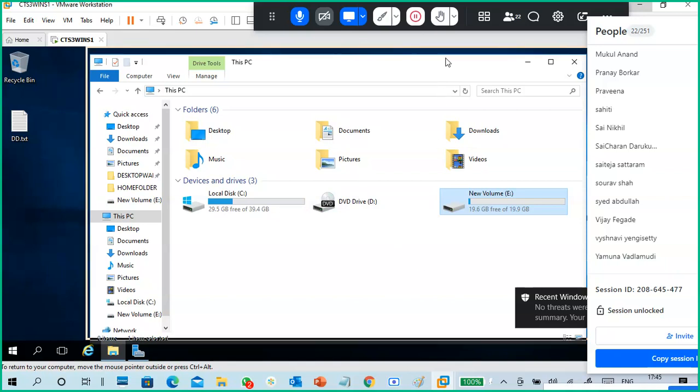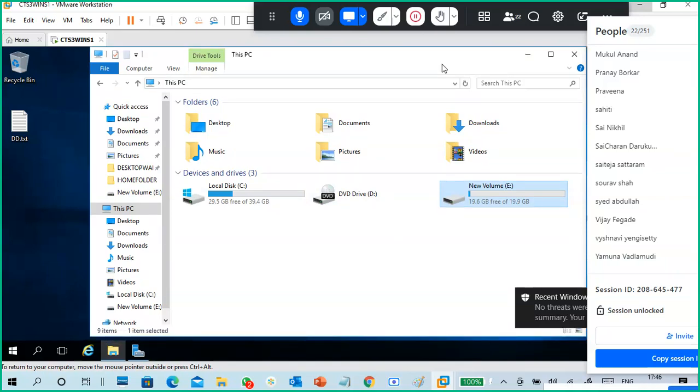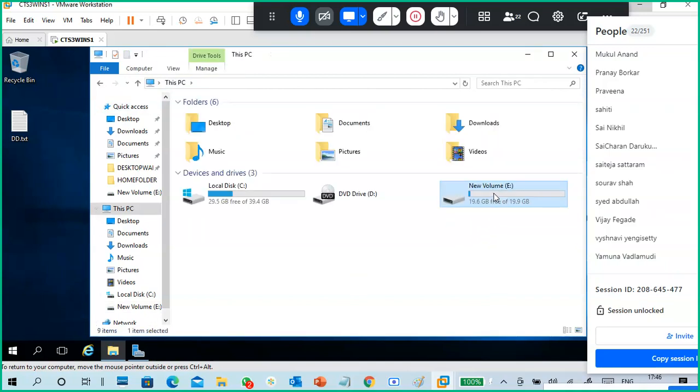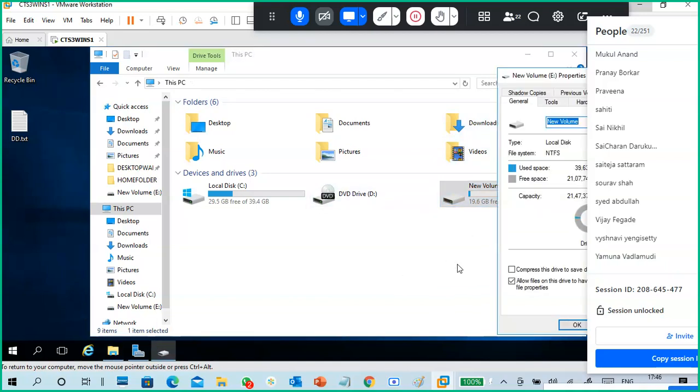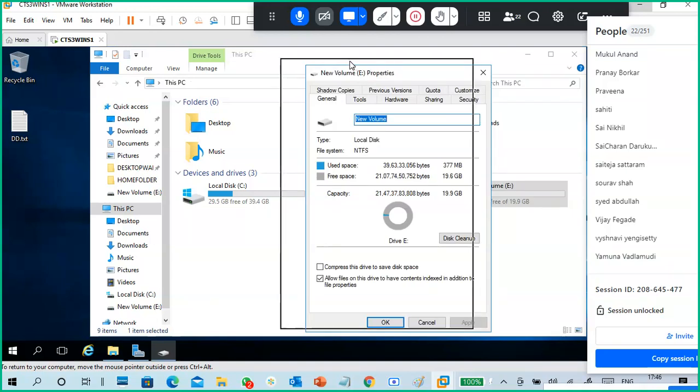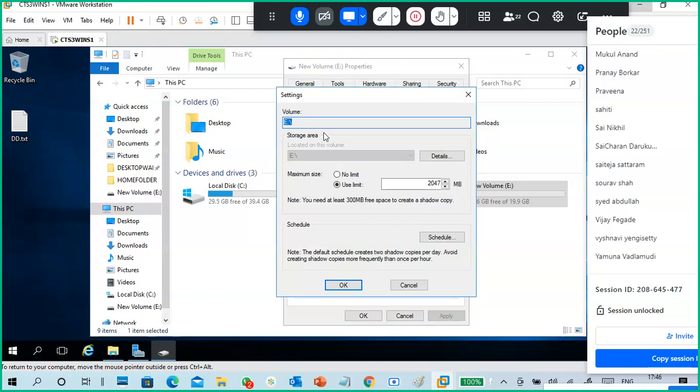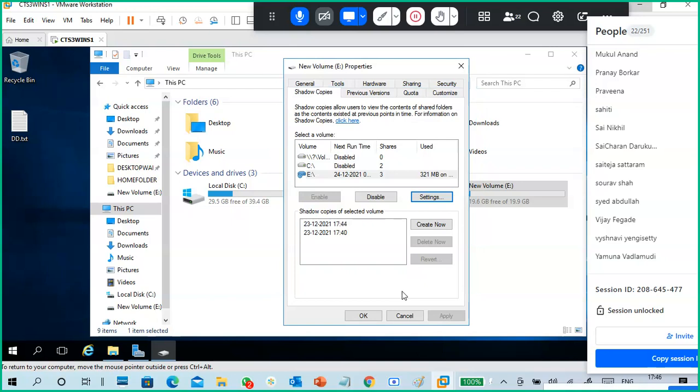Sir, yeah, tell me. Why can't we create a backup in another drive with shadow copy? Yeah, we can also create the shadow copies in a separate drive. Okay, we can create it, but what is the advantage of doing it in the same drive? Maybe if that file gets deleted, we can retrieve it immediately. No need to search which drive you have stored a backup. Only for faster retrieving purposes.